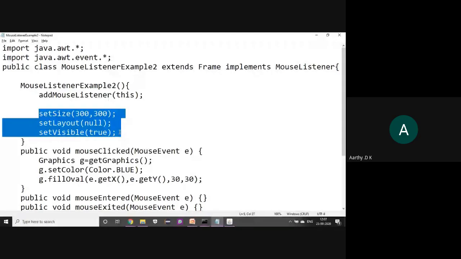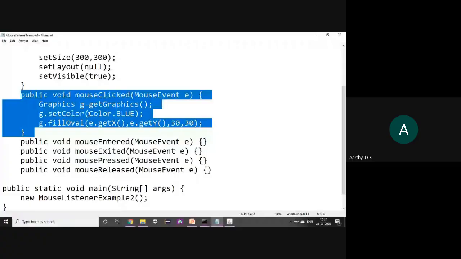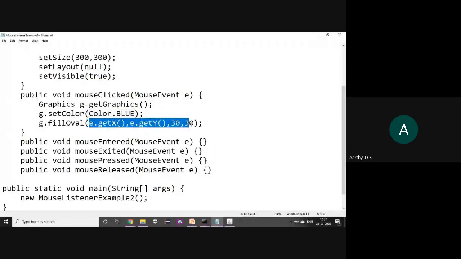When the mouse is clicked, I'm setting the color to blue, and I'm drawing an oval at that particular position, filling the space with the oval.